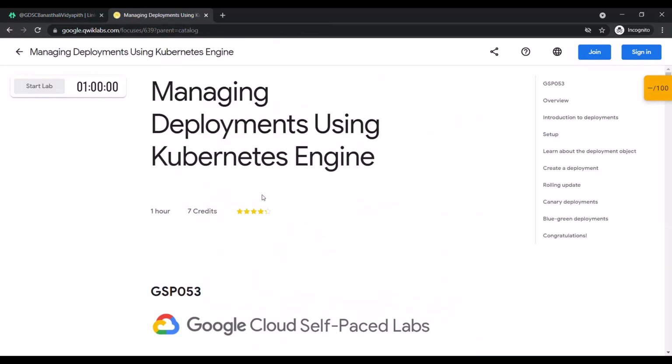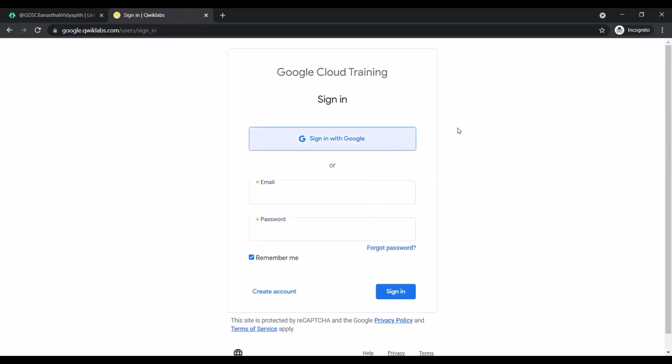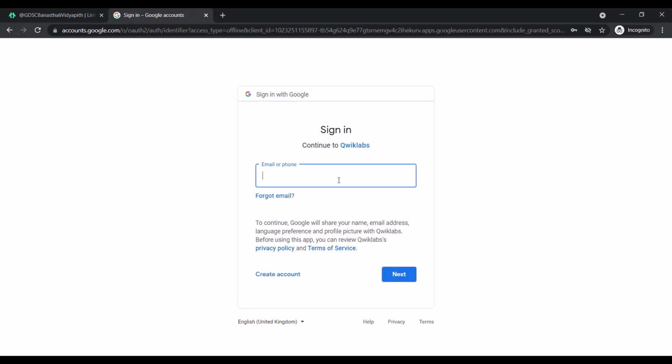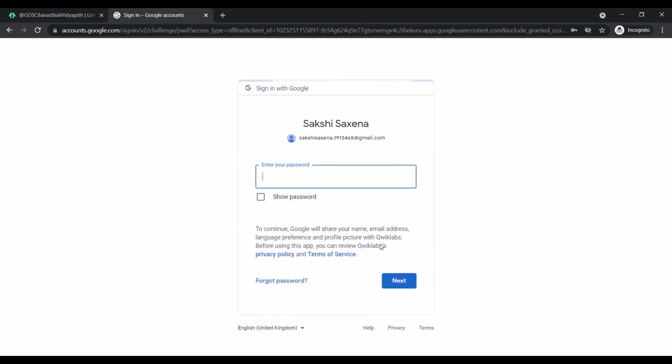So now we are on this page. You need to firstly sign in with your QuickLabs account that you have registered in the form. We'll sign in with Google. You need to enter your email ID and then click on next.